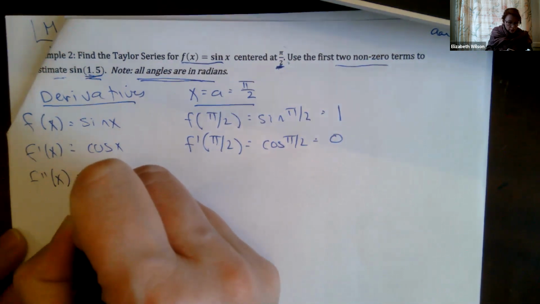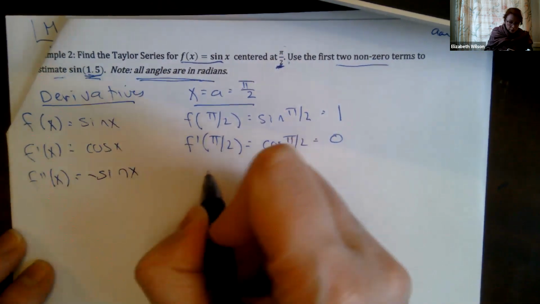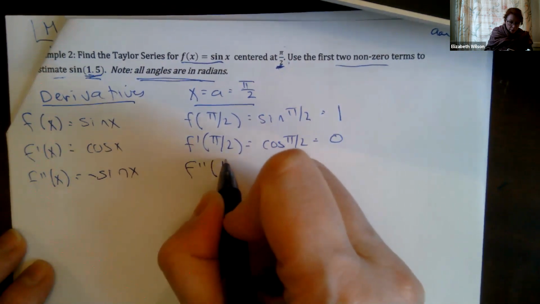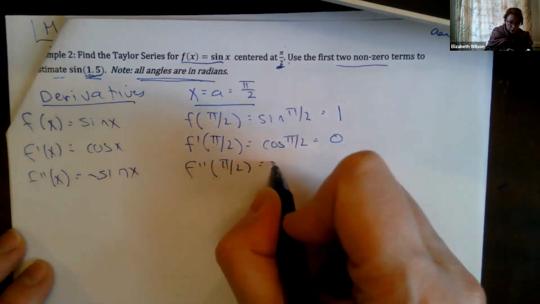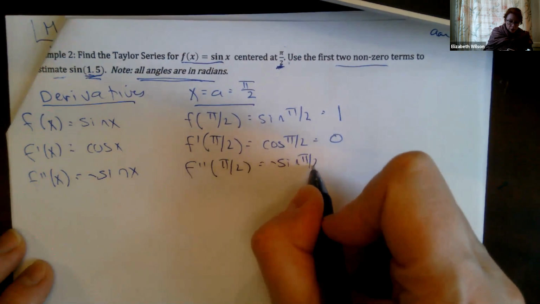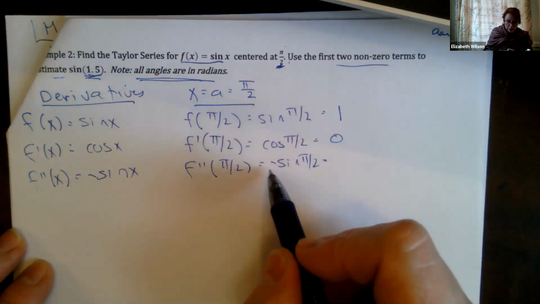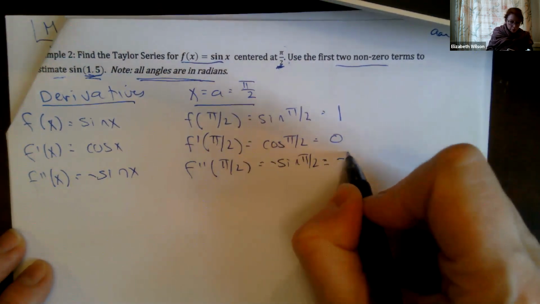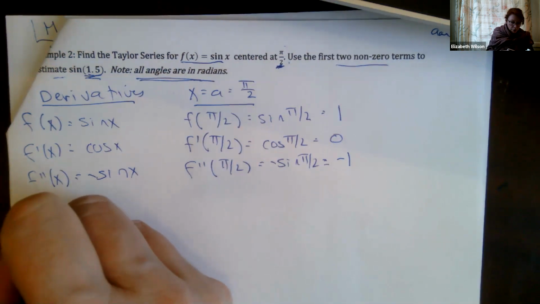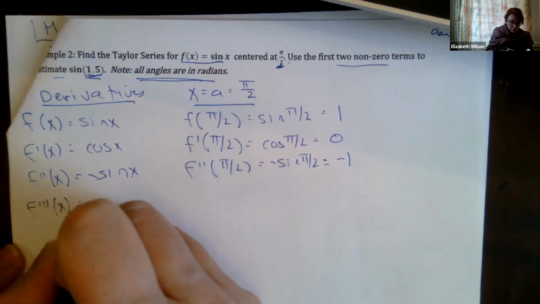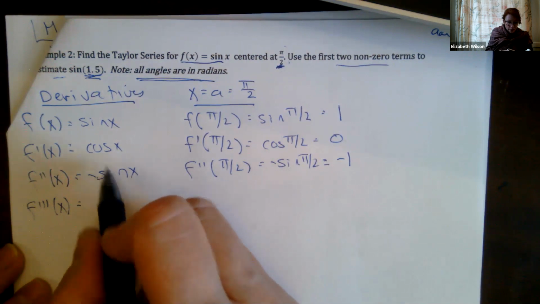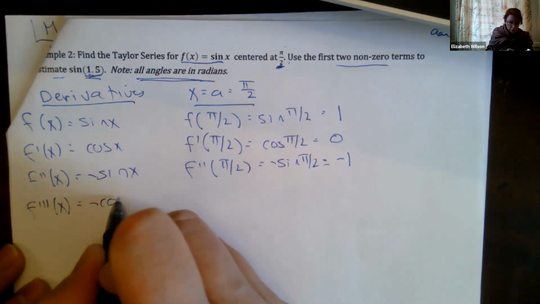So this is minus the sine of x. Second derivative at pi over 2 is equal to minus the sine of pi over 2. Sine of pi over 2 is 1, minus the sine is going to make it minus 1. And I want to do this out just so you can see. So my third derivative, right? So sine is cosine, but minus. That's going to be minus cosine of x